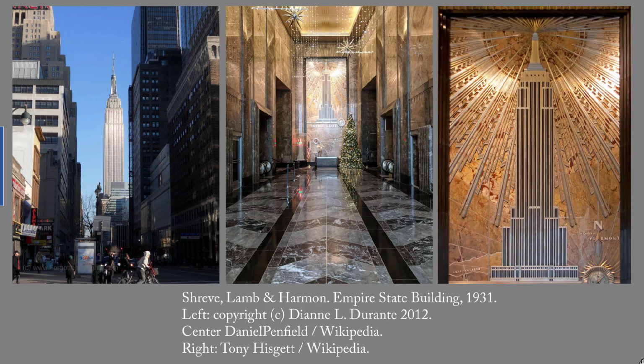And the other work that's tied for first in architecture is Shreve, Lamb and Harmon's Empire State Building, completed 1931. At 102 stories, 1,454 feet, this gorgeous Art Deco building was completed in just over 13 months. Like many skyscrapers of the period, the Chrysler Building and 88 Pine Street come to mind,